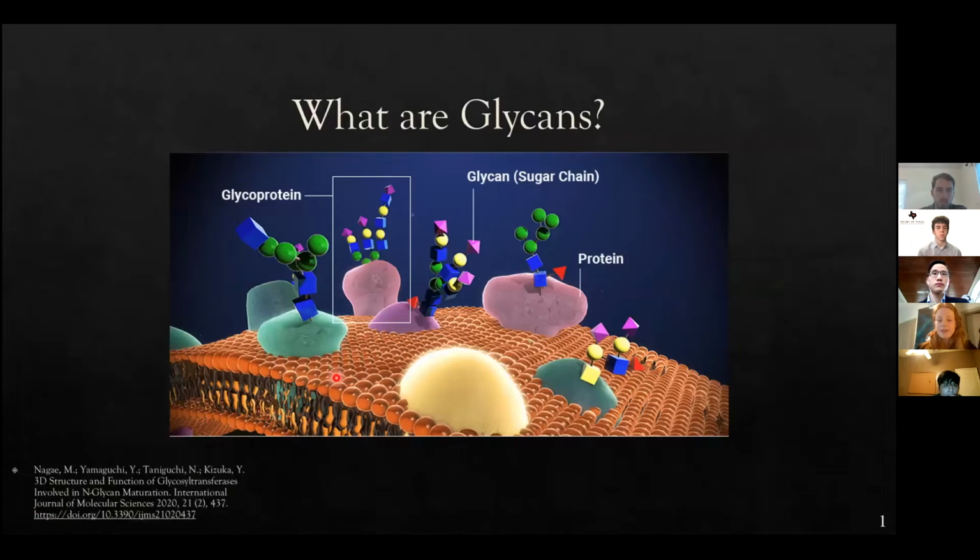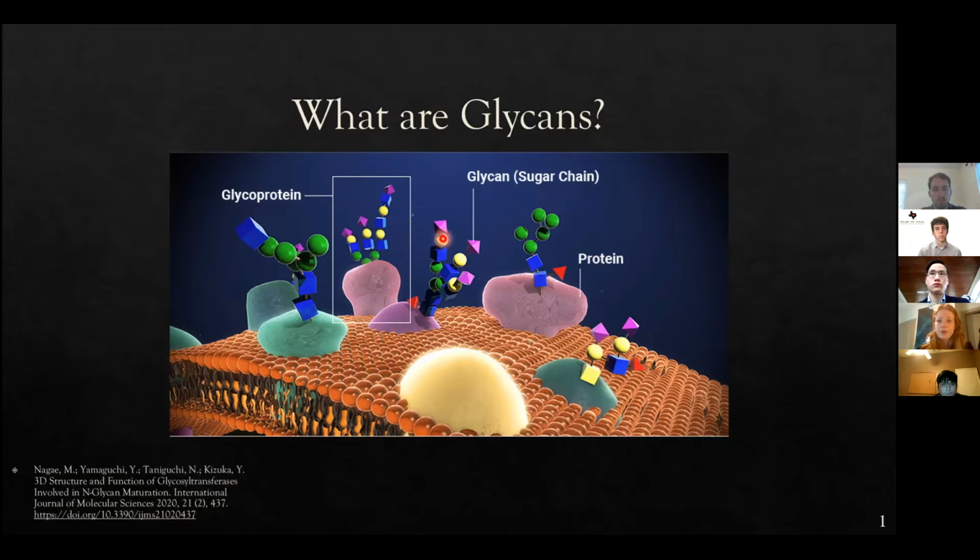So just to begin, in the Gallagher lab, we're really interested in understanding glycans. So what is a glycan? These are the sugar chains that are found on the outside surface of your cells. They're really important in signaling cascades. Because of the vast array of glycan structures, they're highly specific on your cells. So we hypothesize that by understanding the structures of these glycans, we can compare things like cancerous versus non-cancerous glycan structures to understand some of the signaling cascades that are going on in those cells.